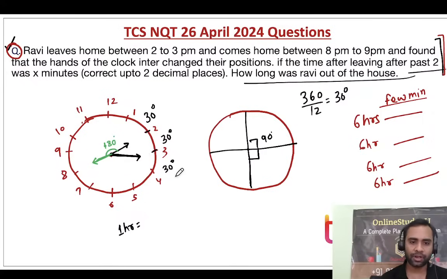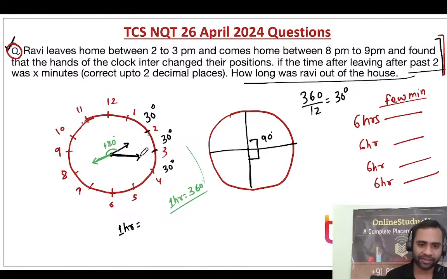And what about your minute hand? So friends, your minute hand in 1 hour will be covering 360 degree. That means after 6 hours also, it will be here itself, right? You will not be seeing any change in that, right? Okay. Now friends, I have given you the hint. So basically, this is angle based. Now you please try to solve and let me know the answer in the comment section.